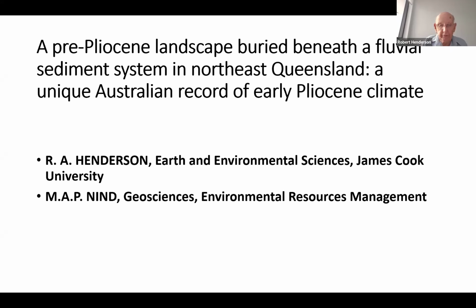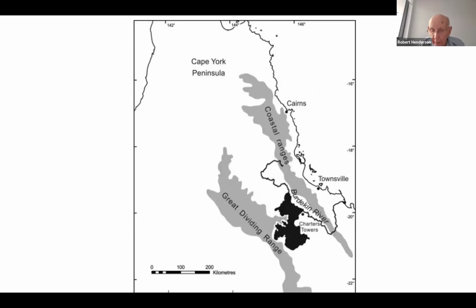You will all have read the title by now, so I won't bother worrying about that. You've all seen it, and we'll just go to the first picture. And here we are. So the sediment system I'm talking about is shown here in black. It's the Campaspe formation, which is a bit over 100 meters thick in some places, many places thinner. It covers quite a substantial area, as you can see here, and it's sort of perched in the landscape,